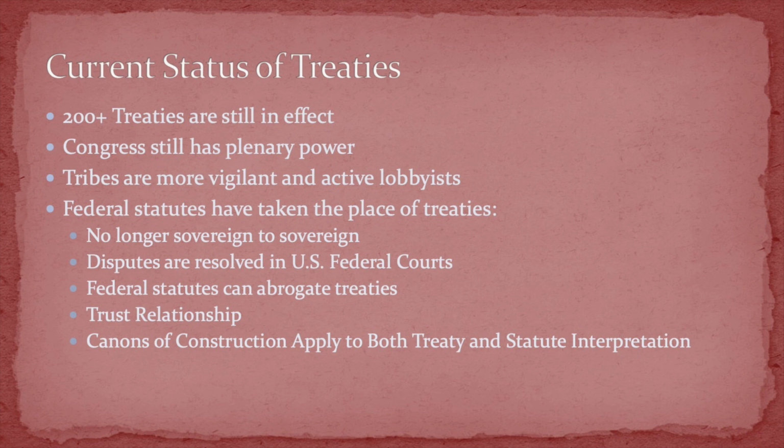Disputes are resolved in U.S. federal courts, for the most part. Like I said, there have been some exceptions to going outside of the U.S. system. Federal statutes can abrogate treaties. The trust relationship can abrogate treaties and their language. And even though the canons of construction apply to both treaties and statutory interpretation, you have to take all of those things together, and really most of that power is placed on the federal government and whatever their federal policies